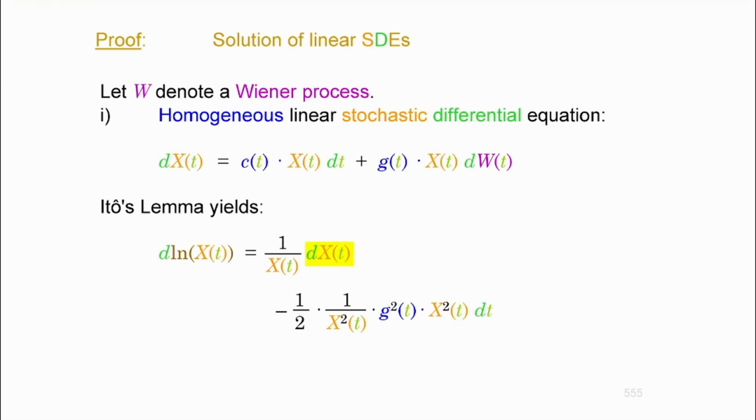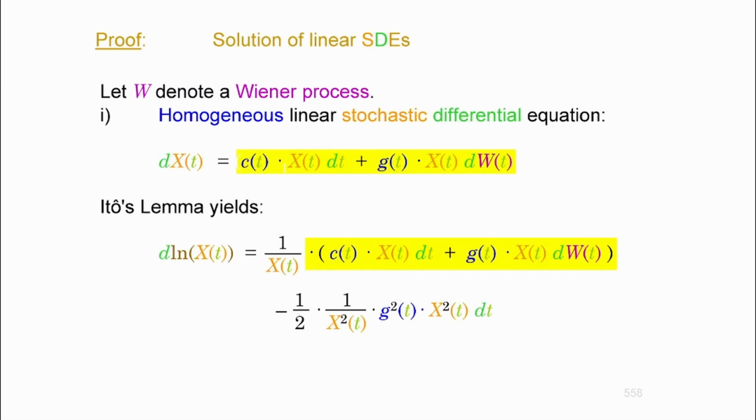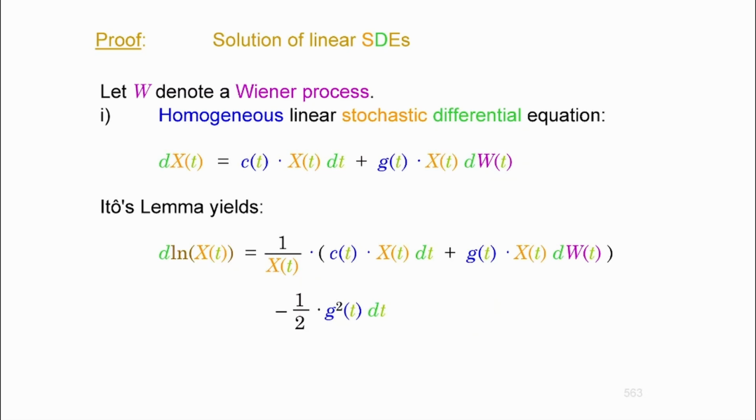Okay, now I'm going to replace the differential of the process, which I'm basically trying to address, by the geometric Brownian motion by itself. That's basically how you do it, which I did. And then I'm going to clean up down there. X squared in both the numerator as well as the denominator cancels itself, so it basically eliminates itself, and then you just have negative 1 times g squared.